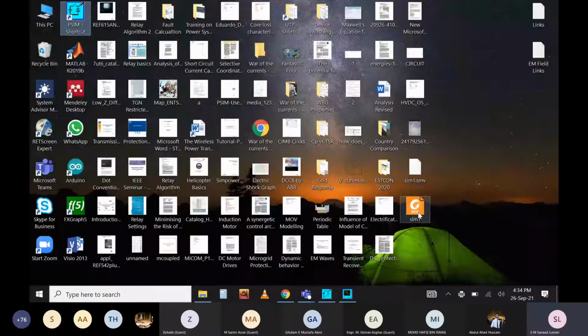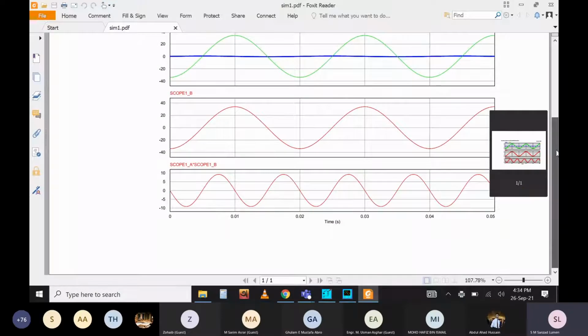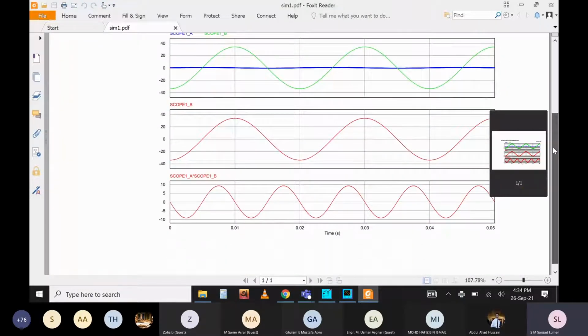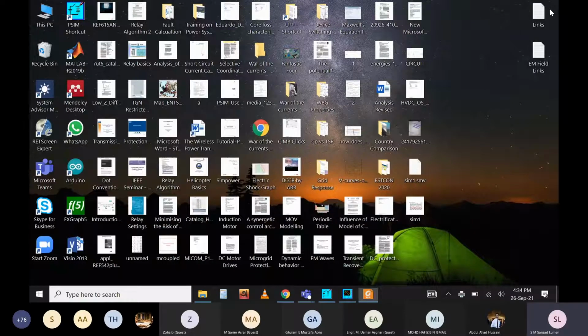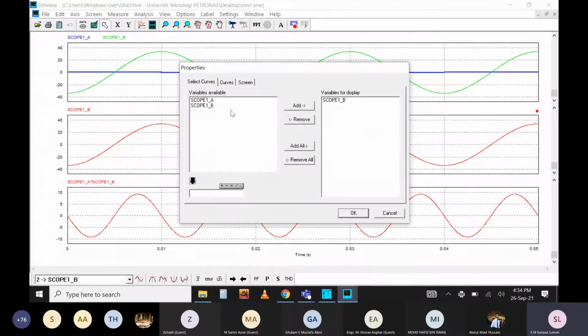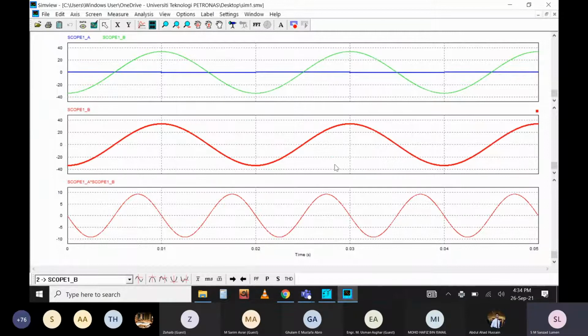So that's done. That's the result. It might look very light now, so you can simply increase the thickness of your signal. You can increase the thickness, and it will be much brighter. You can change the color up to 6 levels. You can increase the thickness of the line. So this is the way.